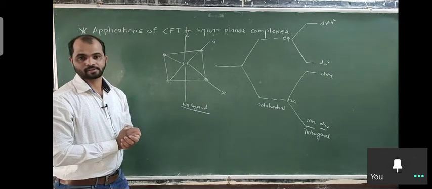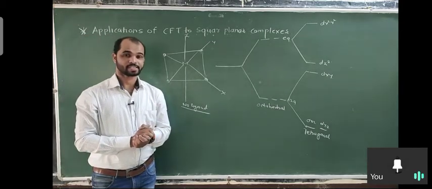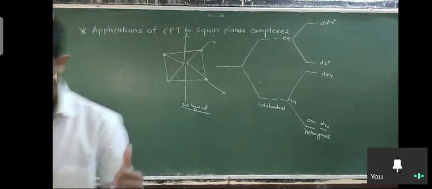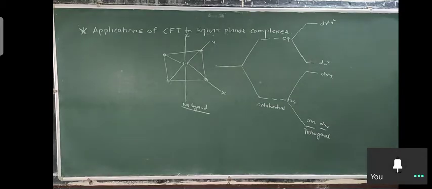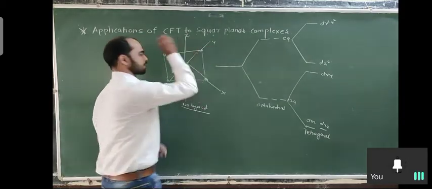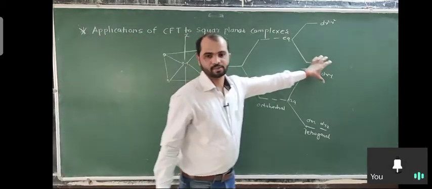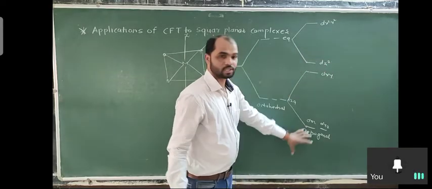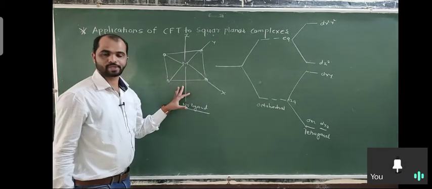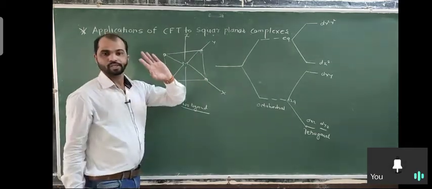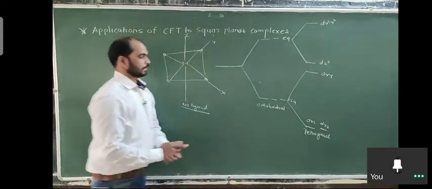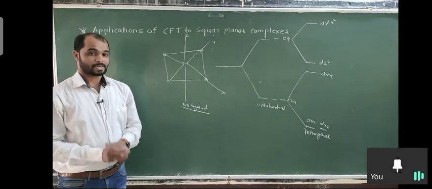z axis. So if there is no interaction on the z axis, it means the interactions happen only on the x axis and y axis. So just think about here, this is the tetragonal distortion, same as a square planar. हे टेट्रागोनल आहे, हे पण स्क्वेअर प्लेनर आहे, दोघं सेम आहेत. झेड ॲक्सिस वरचं सोडून द्या, हे नाही कन्सिडर करायचं, कन्सिडर करायचं टेट्रागोनल. Okay, then there is no ligand on the z axis.